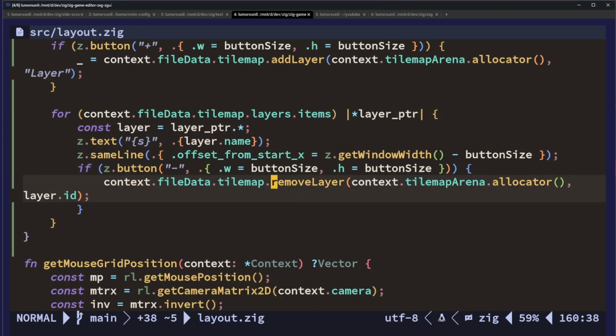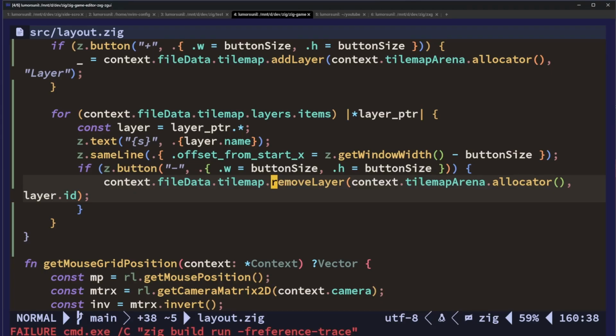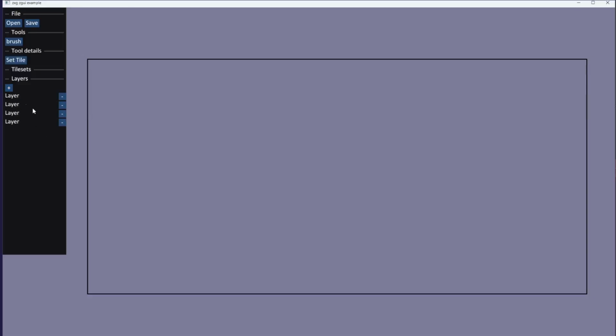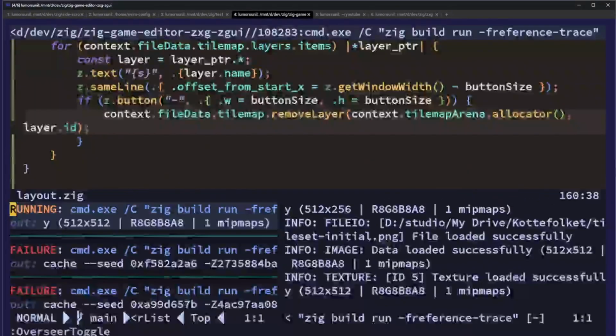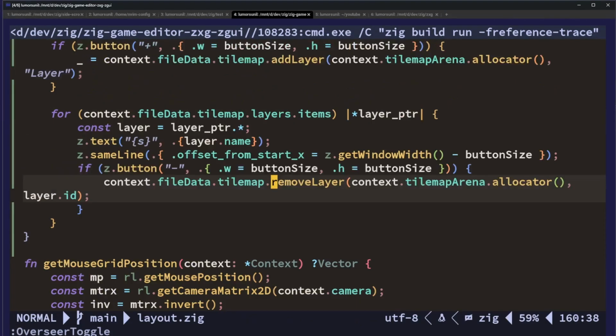I believe when you click this, we should get... Let's do it like this. Let's add some and we'll click some of these. Now let's go and check the logs. So we don't actually get any logs here, which means that we don't actually get into this function. So I'm not sure what's happening there, since we do have this if